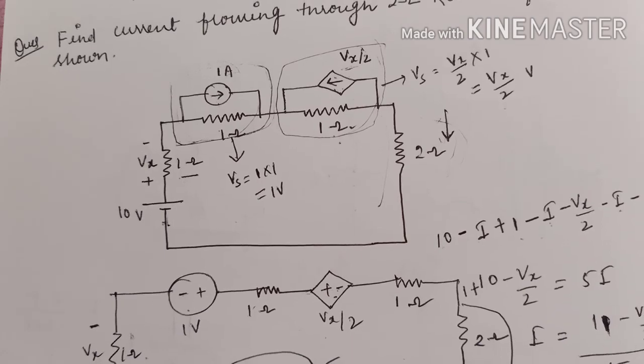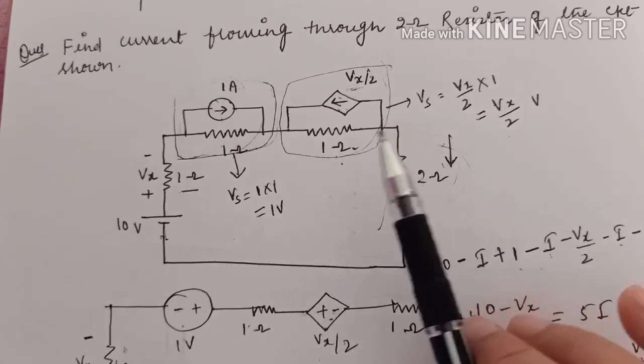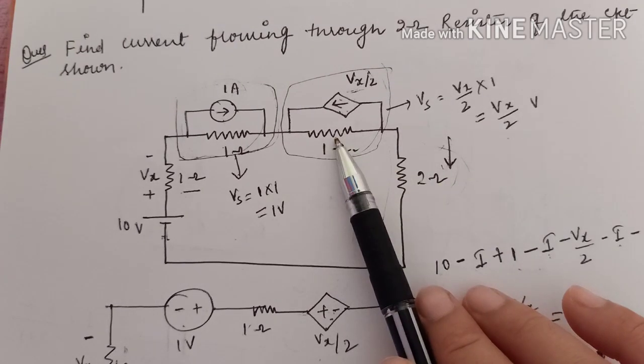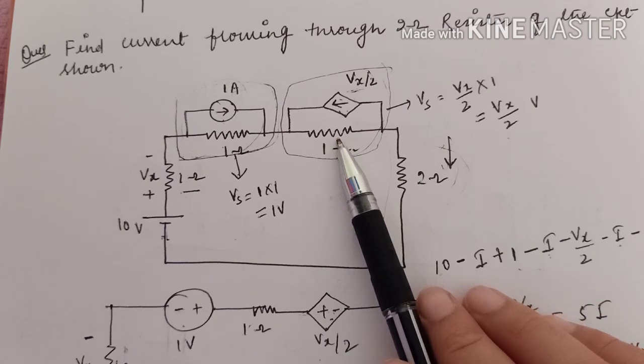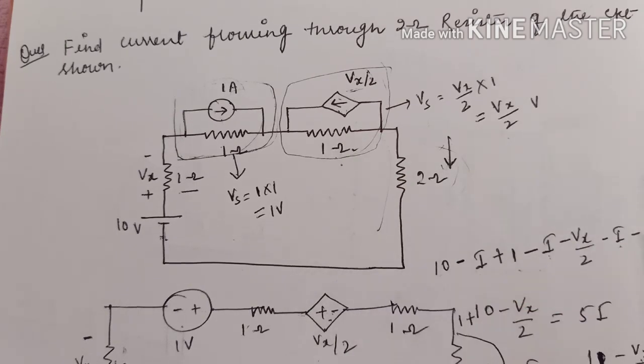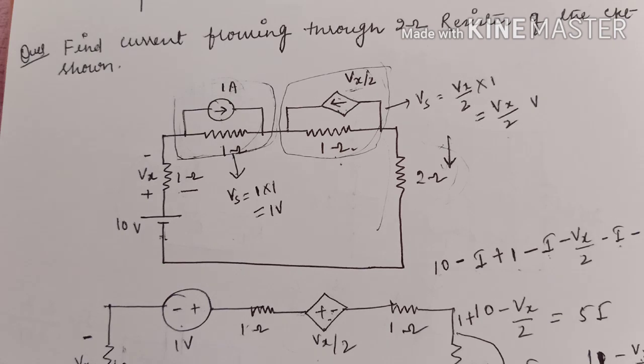Clear? So this was the conclusion: while applying the source transformation for a dependent source, wherever the dependent source magnitude depends without disturbing that element, there transformation can be applied. So this was about today's class. Next class we'll discuss mesh analysis, another concept of network theory, and we will also do questions. So thank you for today's class.